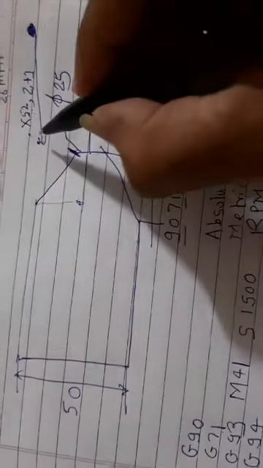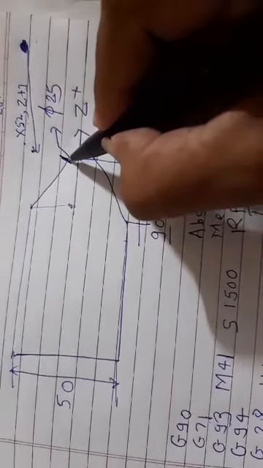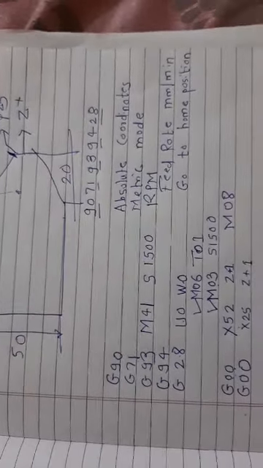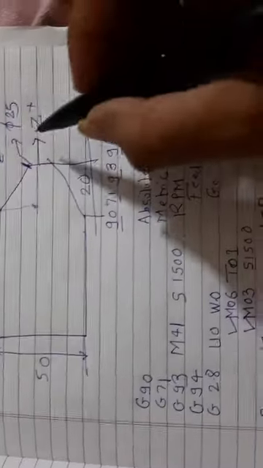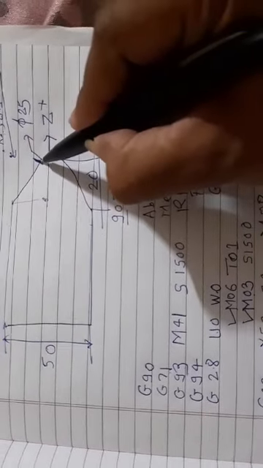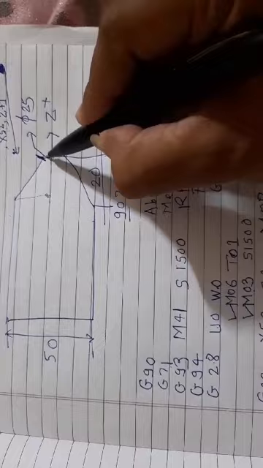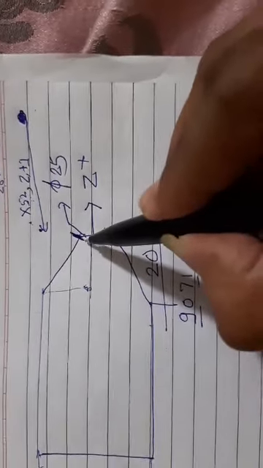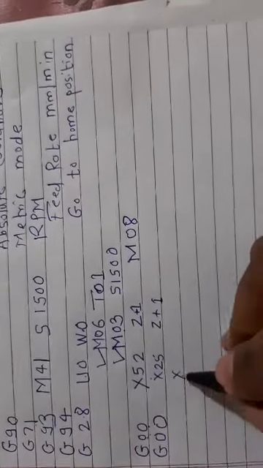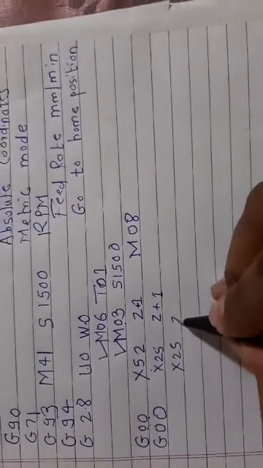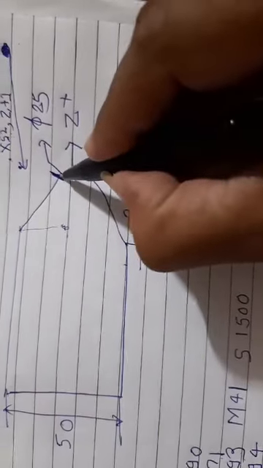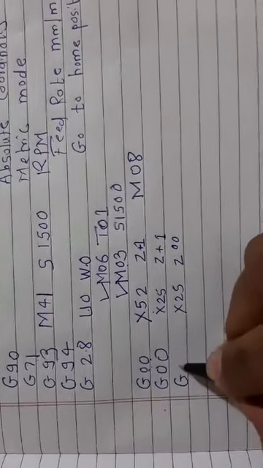So rapidly the tool is moved from this location to this location. Now the next step is that we have to take the tool exactly on this point. For taking the tool exactly on this point, the coordinates of this point are x25, z00. So now the tool position is exactly on the workpiece, and for this purpose we are going to use the